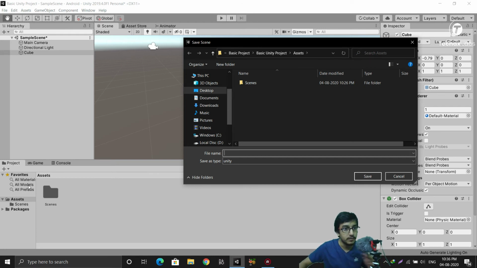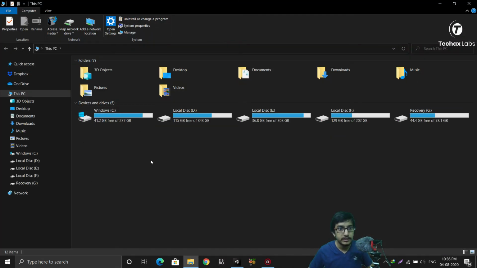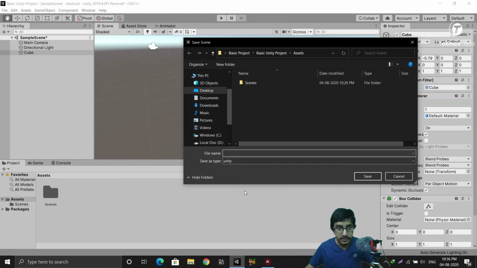It's showing the project window in another view, you could say. Let me show you a similar example. In This PC, here you can see we are seeing these windows and these options, and similarly here's another view in tabular form: Windows, Local Disk C, D, E. The same things which I have available here are available here on the left side also, but with a different view. Similarly in Unity, this Assets folder and this Assets folder are the same, just the view is different.